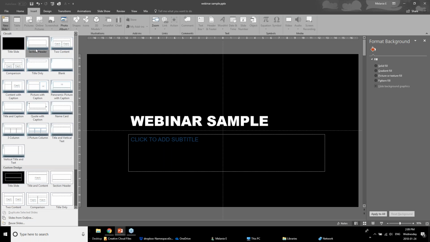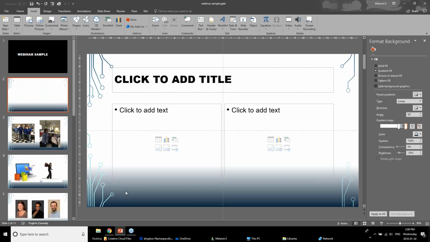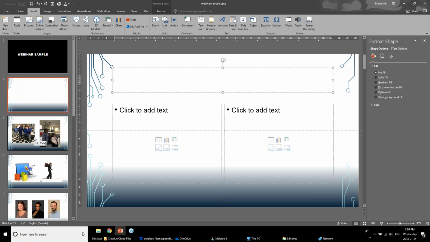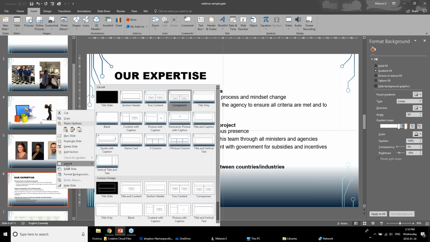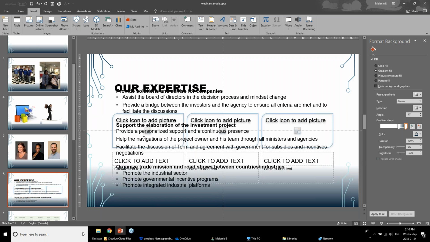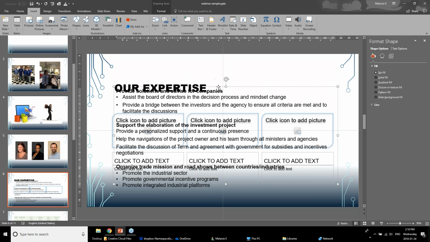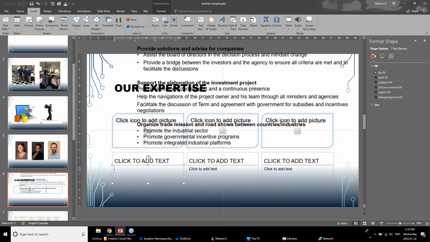So I'm just going to change it to this section, and you'll see that it would select that slide from that layout. Say, for example, with this particular slide that already exists, say I decide, oh, I've already created it, but I actually want it to have columns, and I have a layout slide that already has columns in it. I can just right click and go to layout. Same sort of idea. I'm going to check from the list here all my different layout slides, and I have a 3-picture column one. And so it's setting up here, and then all I have to do is spend a little bit of time copying and pasting the text